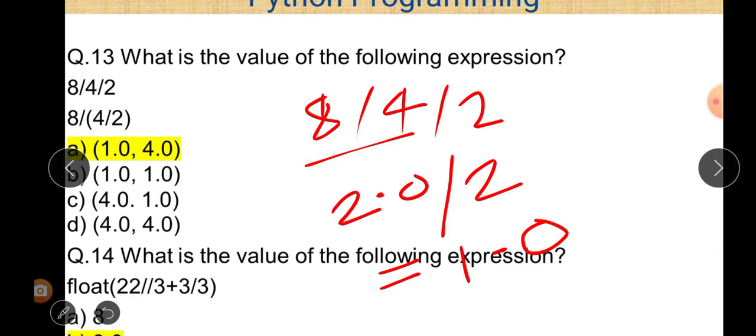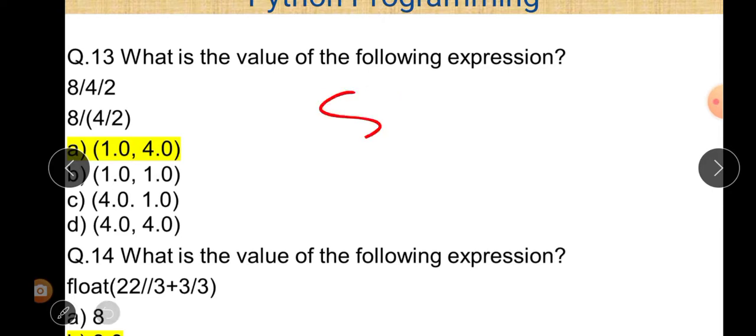Okay, and always remember that we always take the minimum float representation. It is not 1.00, it is always 1.0. This point is also discussed in our previous question. So as far as the first value is concerned, the first value is 1.0, and only two options contain the first value 1.0, which are A and B. So either A is correct or B is correct. So let us check the second value.